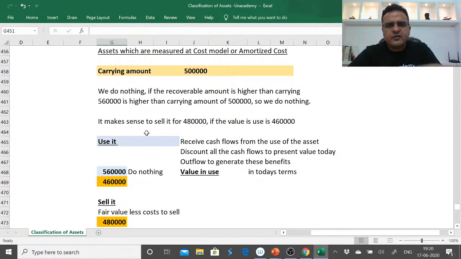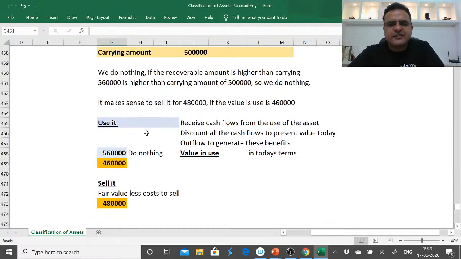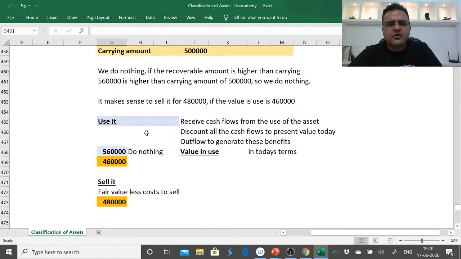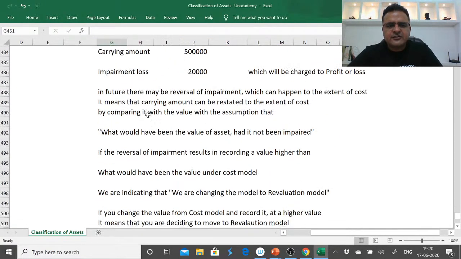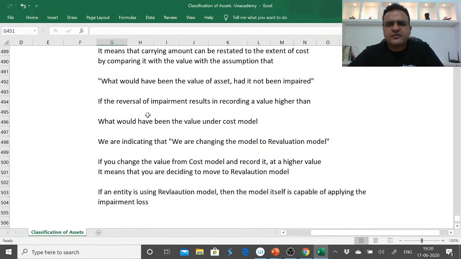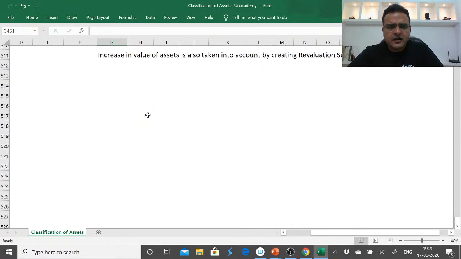This is we are at cost model, but if we are at revaluation model, then the model itself is capable of taking care of the increase or decrease in the value of an asset. If you are using cost model and if there is any fall in value, we charge impairment immediately. That losses we recognize immediately. And if there is any reversal in future, the reversal is only possible to the extent of cost. Why to the extent of cost? Because if you try to record an amount beyond the value of an asset, we are indicating that we are changing the model. Apart from this,